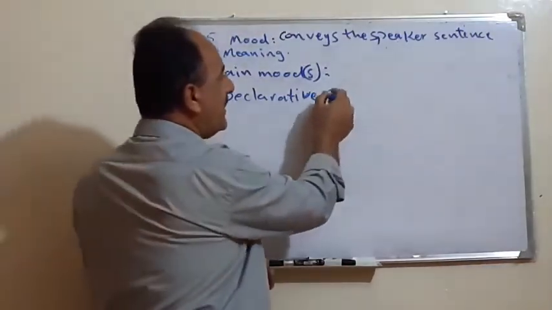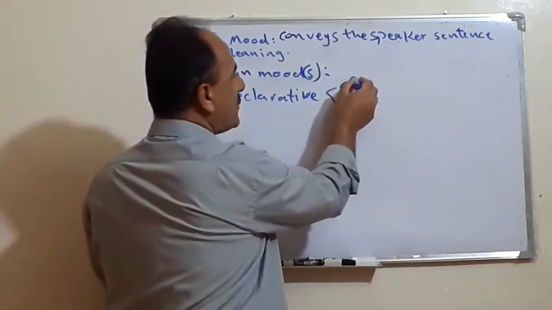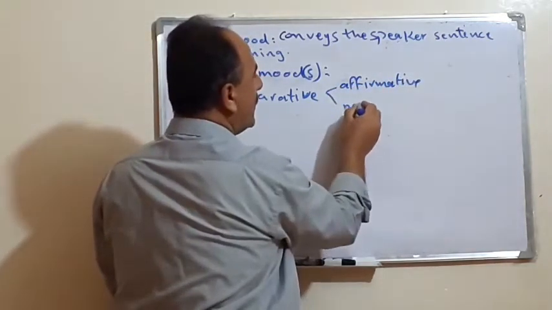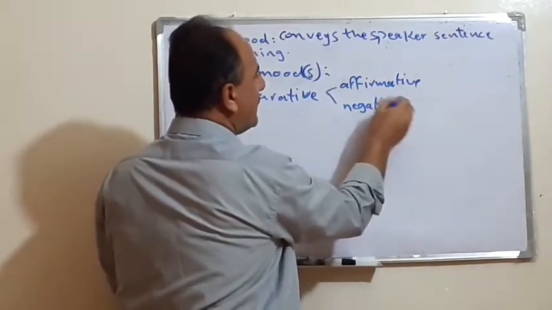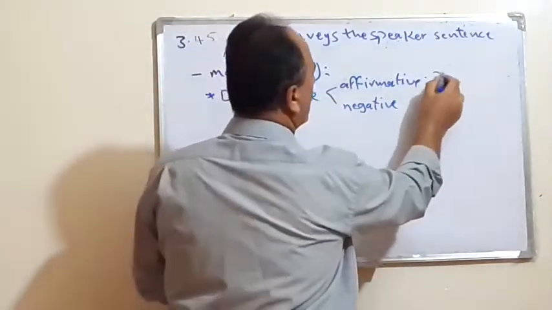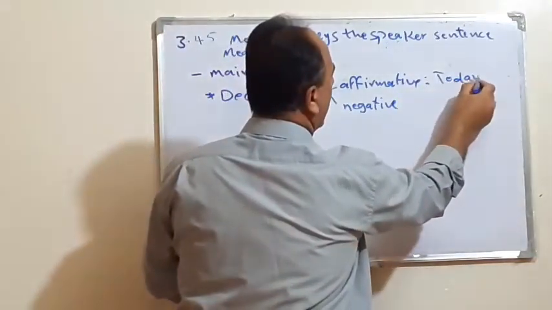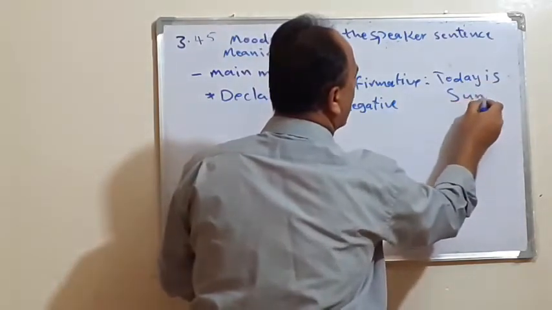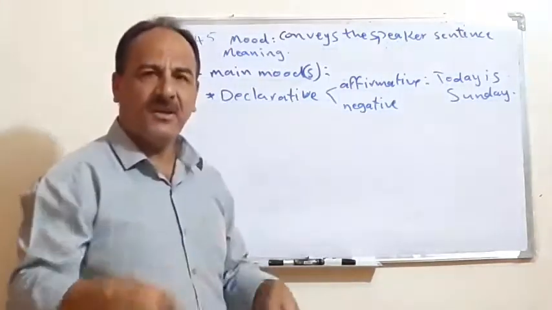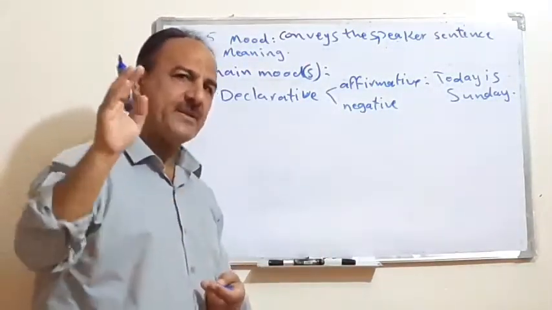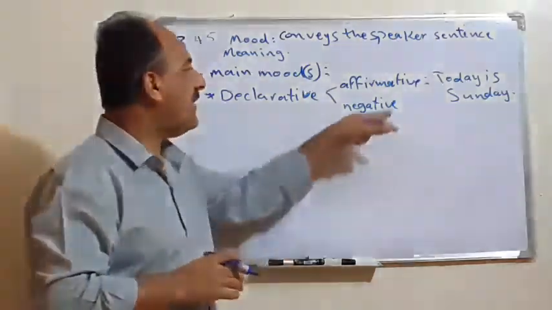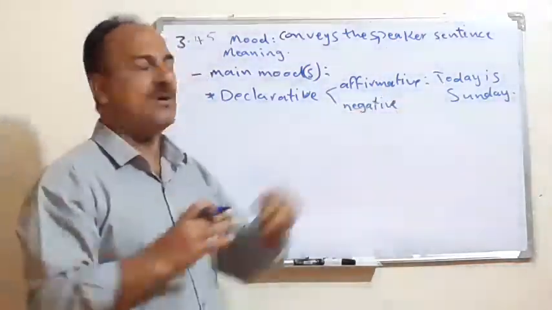Declarative can be divided into two types. The first one, affirmative, and the second one, we call negative statement. For example, we can say declarative: Today is Sunday. This is declarative. I am here. This is declarative. You are a student. Iraq is a big country. Whatever, just to tell information, and we call it